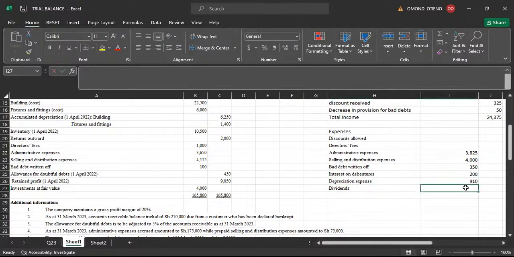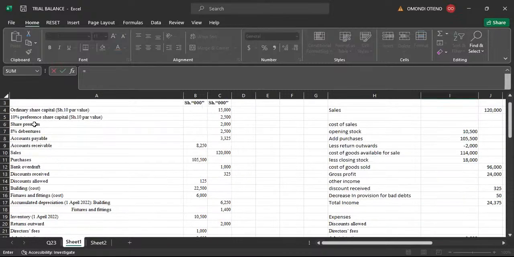The preference shares is 10%, so the dividend is already given because that's a fixed rate, 10% of the preference shares value. Then that we are going to add to